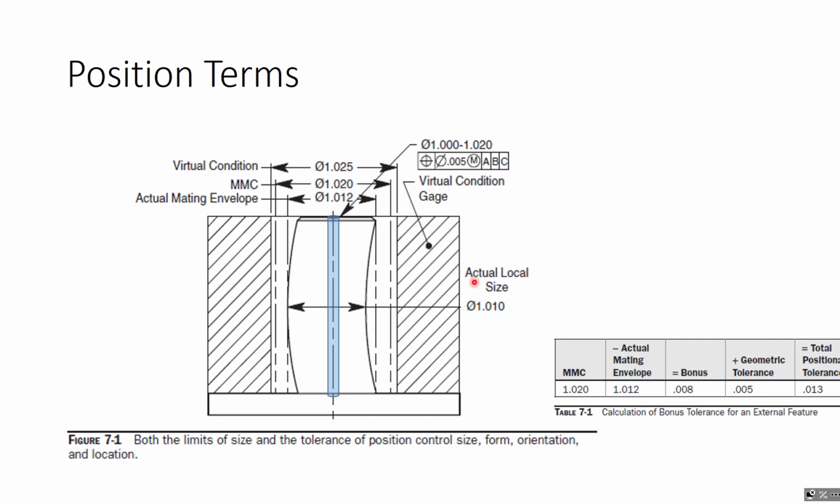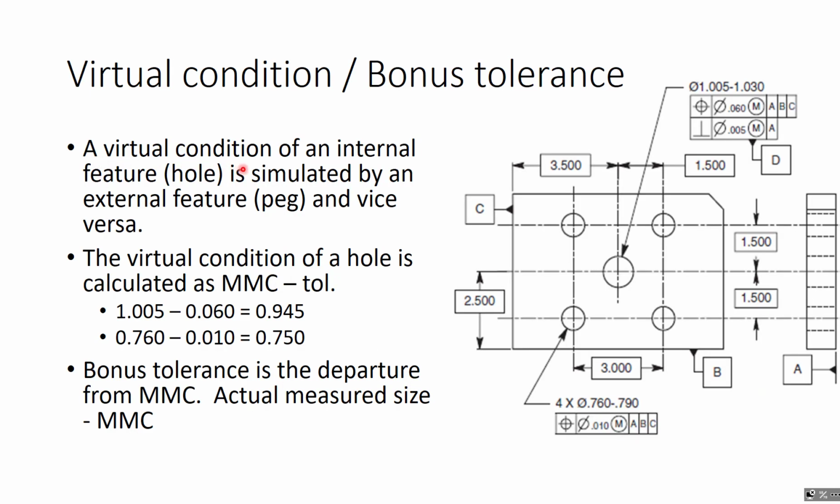And that's what the gauge is built to. The gauge is built to that virtual condition, max material condition plus the geometric tolerance, which gives us that 6.5 thousandths on each side that this could vary as its center location moves within that 13 thousandths diameter. So that's calculating the virtual condition of an external feature of a peg. So the virtual condition of an internal feature goes the other way. The virtual condition of a hole is going to be the maximum material condition minus the